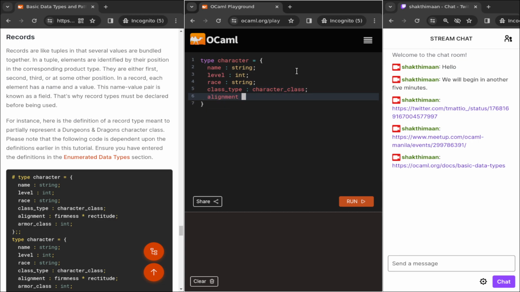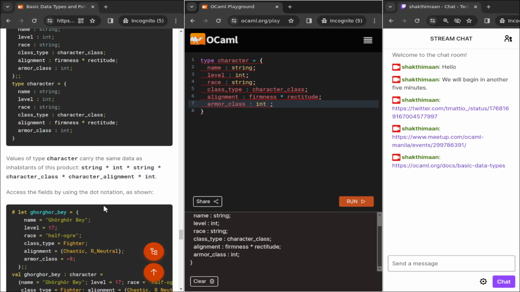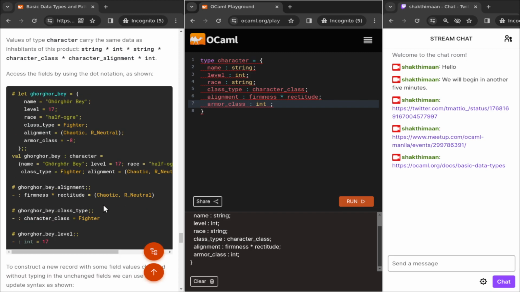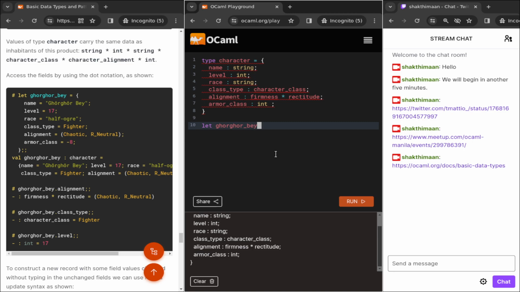We have alignment, firmness. These things we already defined earlier, right? So just reusing the definitions. Armor class as int. Let's quickly run this. Hopefully I have not made typos. Very good, that looks fine. And now we can actually define a new character, say Gorgor Bay. So we say let Gorgor Bay